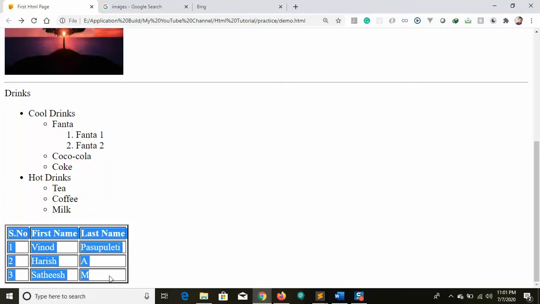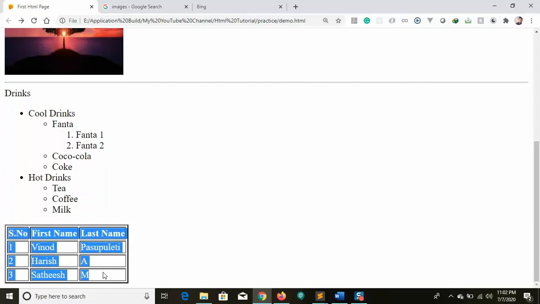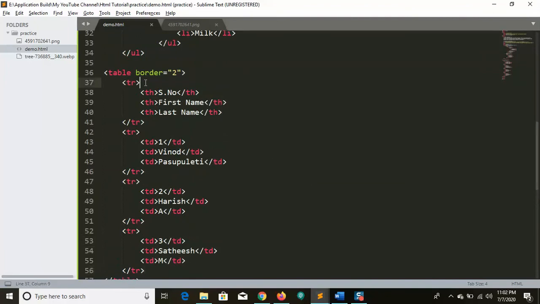Okay. So first of all we'll see about spanning, table spanning. Generally if you use any table you are going to merge, right? So for example, consider this is the student table or employee table, I need to know. So I can merge the table in this way, you can see here. I can merge the table like this. There are two things available: col span and row span.